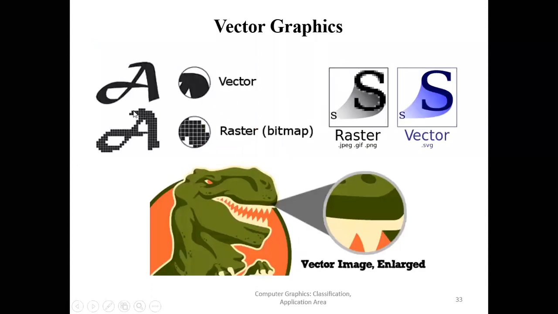So here, as you can see, the first one is drawn using vector graphics and the second one is drawn using raster graphics. If you zoom into the vector graphics, it's smooth, it's full, it's clear. And if you zoom into the raster graphics, you can see small boxes, just like the boxes in graph paper. Same goes for this one, this is raster and this is vector. And we can not only draw alphabets or lines, we can even draw this picture